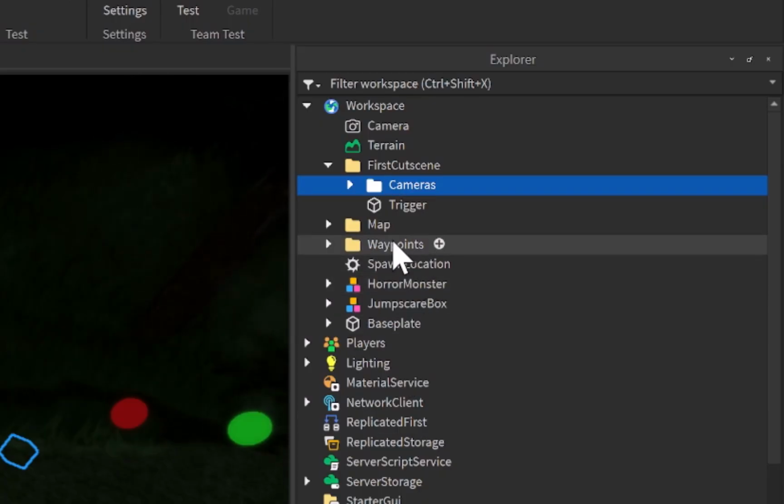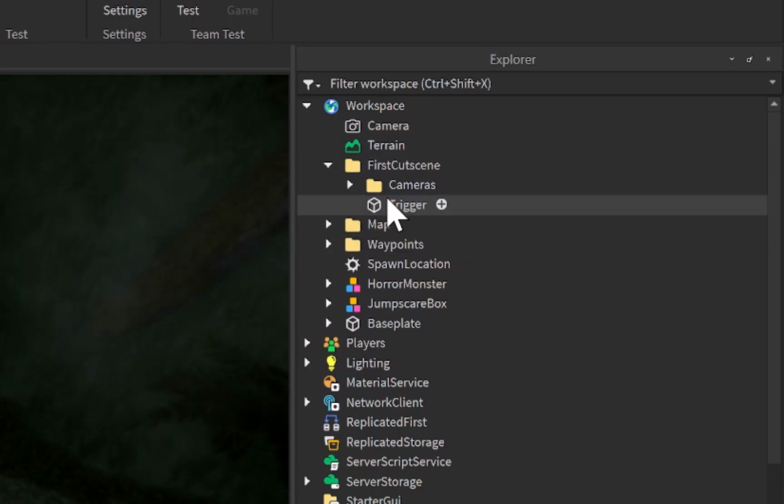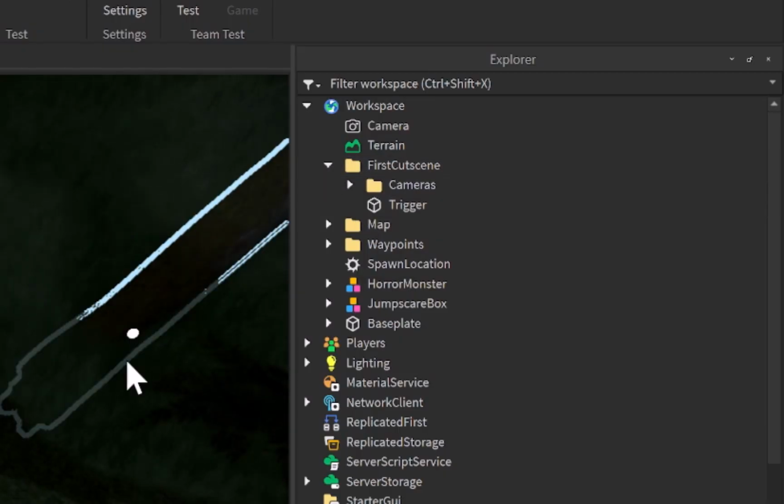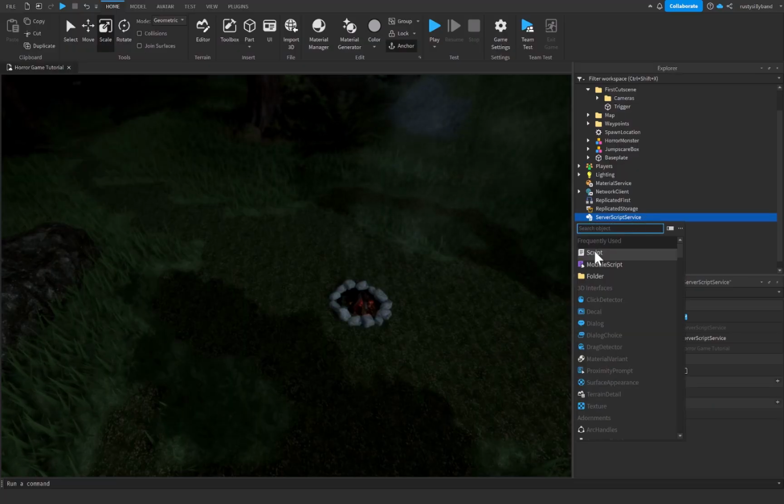So that way we can keep all of our things nice and organized for our cutscene here. So now we have a camera and we have a trigger for our cutscene. We can actually go ahead and start scripting. So let's go over to ServerScriptService right here and click on the plus icon, and I'm going to